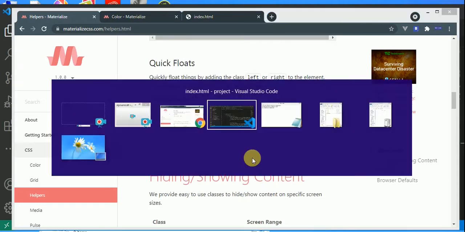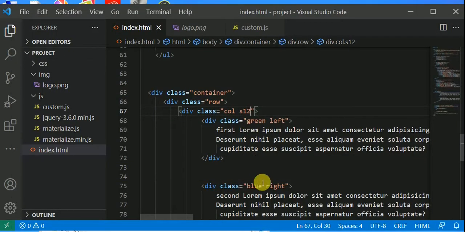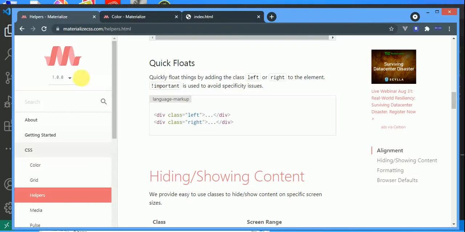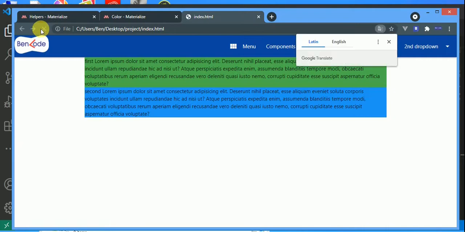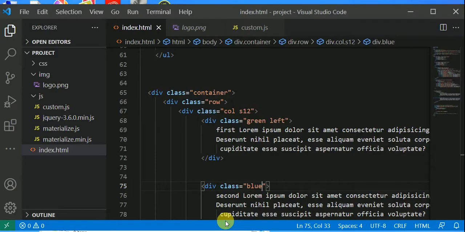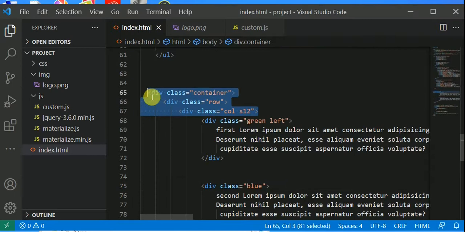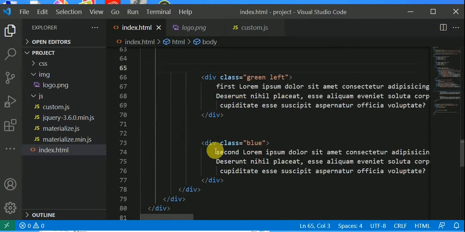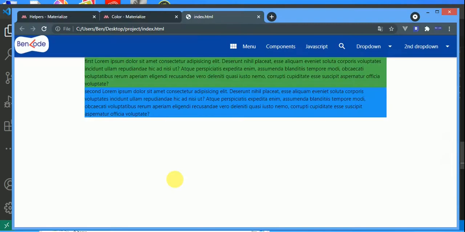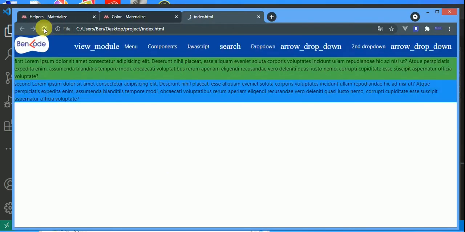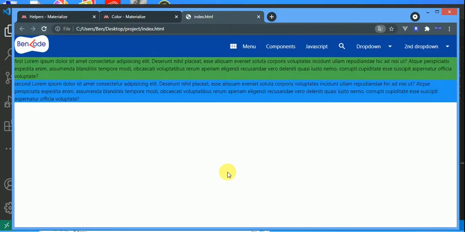Okay, I don't think this is working. Let me remove this and check whether this will work. Okay, it's not working. Let me just remove all this container column stuff and leave only this div. Let me see whether it is the thing that is stopping it. See, after removing everything,